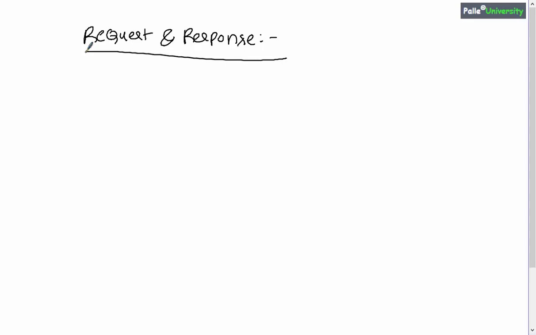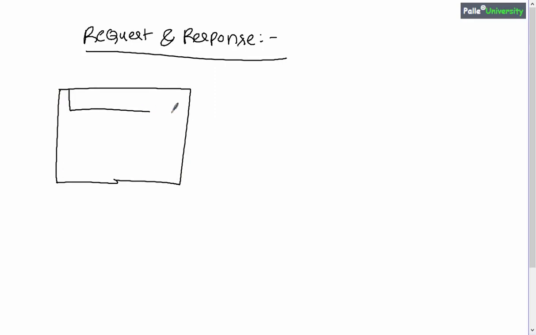So in this session we will try to understand the request and response. Let me explain what this request means and what this response means. Sometime back in the last session I told you that when you open a browser in an internet enabled computer, you assume that your computer is internet enabled and that you have opened the browser in that computer, and let's say you have typed a website name over here, that is palauniversity.com, and when you click on enter